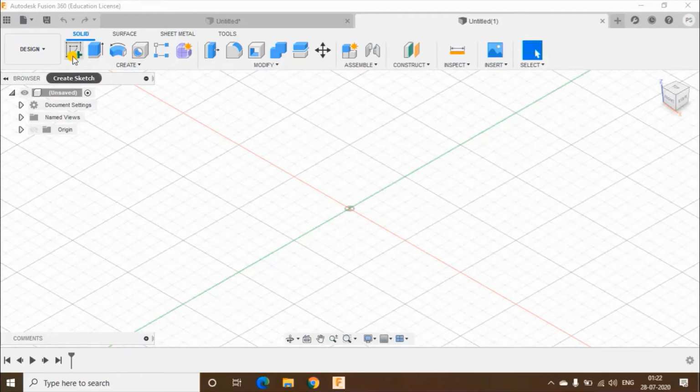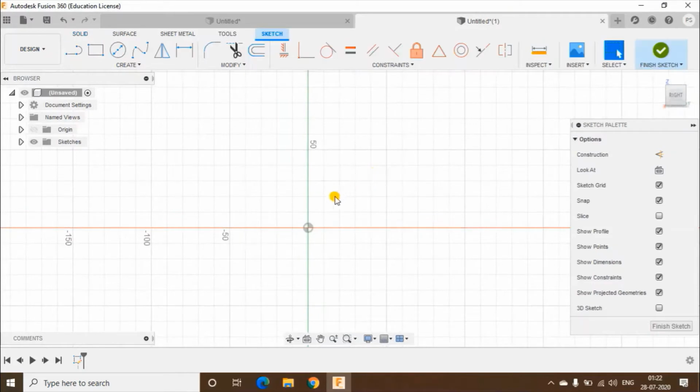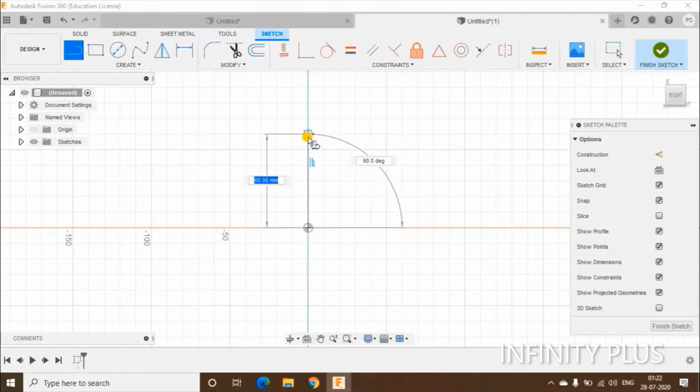First of all, select create sketch and now select the plane. So we are making the cup. Select the line, and I will go from the origin up to 70 mm long. It will be the height of our cup. And this is the width of our cup, up to 50 mm, and enter. Now again click on the line and give the 30 mm length